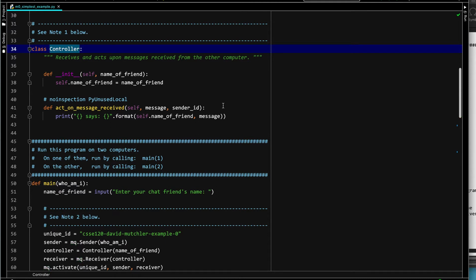You can call it anything you want. It does not have to be controller. But what is required is that you have a class that has this very specially named method, actOnMessageReceived. And that specially named method, which must be spelled exactly like that, takes, in addition to self, a message, which is a string, and a sender ID, which here is ignored, but is the number corresponding to the computer that